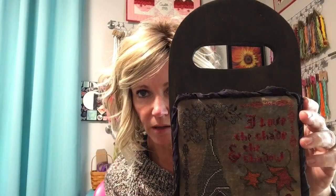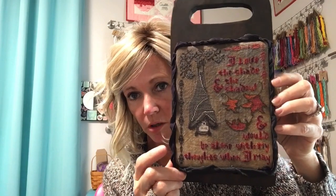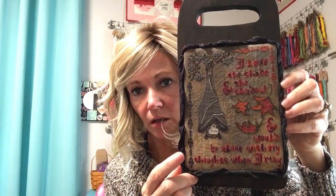So I just used a little cutting board that I had got at a yard sale, and I painted both sides of it. I just didn't paint there in the middle because I wasn't sure which side's finish I would like better. It was just a brown. And so I took black paint, kind of a dry brush over it, and then wiped it with a paper towel just to kind of press the paint in there, but I didn't want a solid black. And so yeah, I just mounted it on some sticky board, and with all of my finishes, I do put quilt batting under the piece, and that's what I did with this one. And then I did glue that on the board,